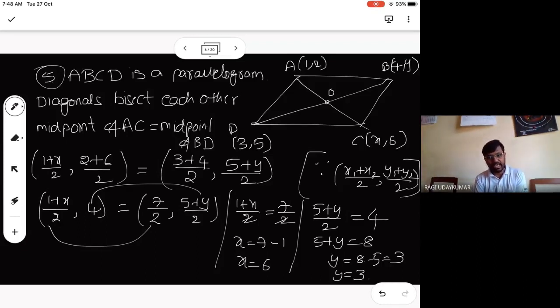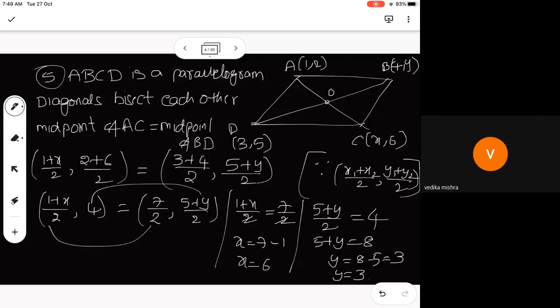Okay? This same question I can change a little and give one more extension question. Find the midpoint of the diagonal. Can anyone say what is the midpoint of the diagonal? What will the point O be? Can anyone say? What is the point O? Six comma 3. 6 comma?